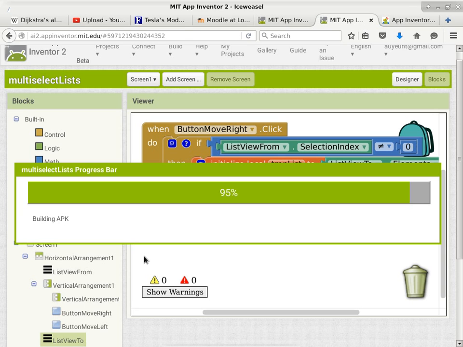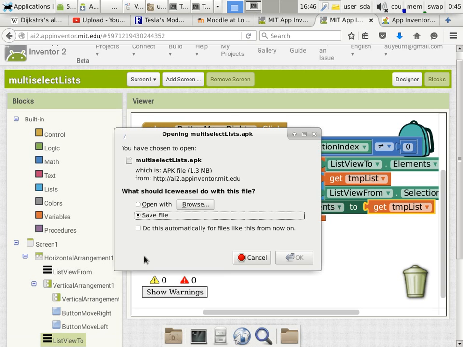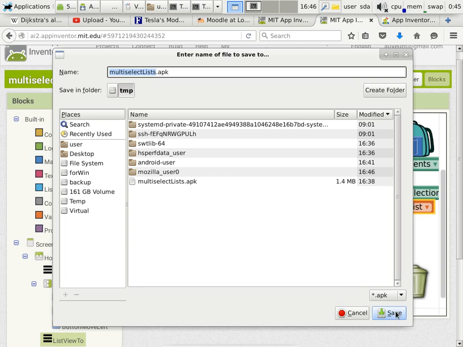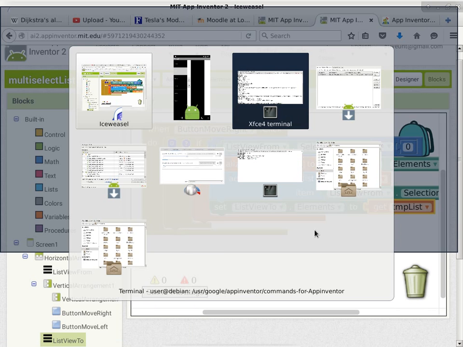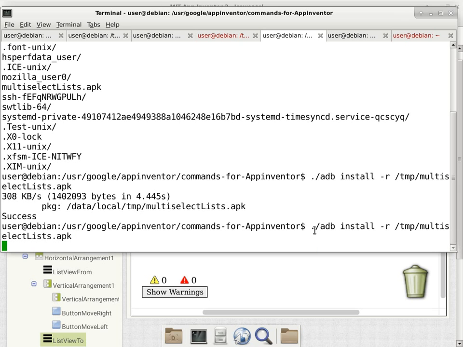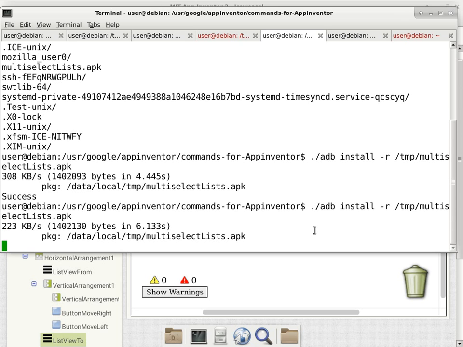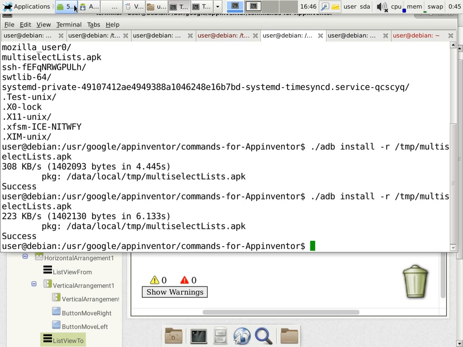You can see how quickly it can finish the first 95%, and then the next 5% takes longer. Here we go, we save the same name and have the original file replaced. Go back to the command line and just reinstall the application. All right. Back to the emulator